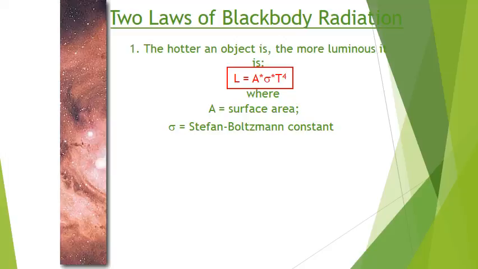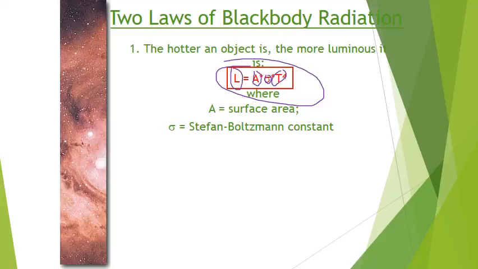Okay, so now what we've seen in these simulations in the last couple of slides, we're actually going to put into a couple of laws. First of all, we've seen that the hotter the star is, the more energy it's kicking out. And the equation is what's called the Stefan-Boltzmann law. So the luminosity, or the amount of energy that a star kicks out, depends upon, as we've seen, the temperature. There's also a constant here that's called the Stefan-Boltzmann constant. We don't care about that. And then there's also area. We're going to talk more about the area in future chapters.